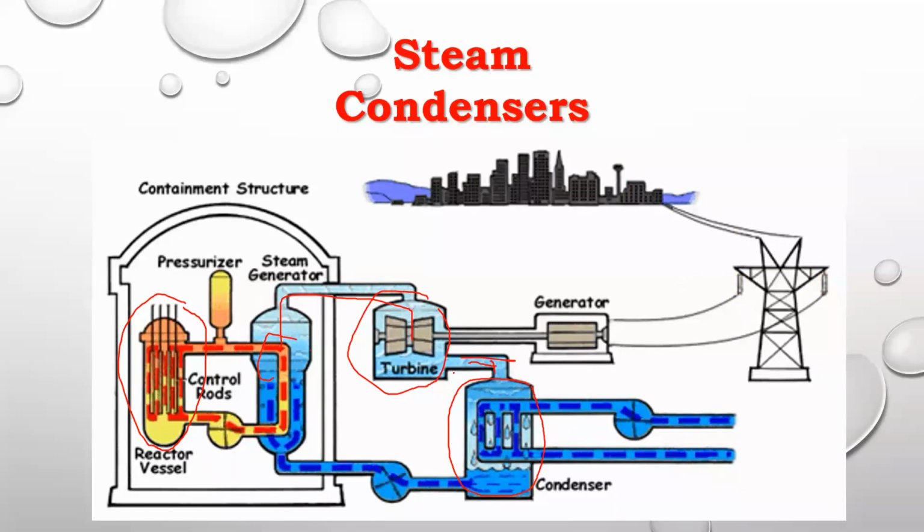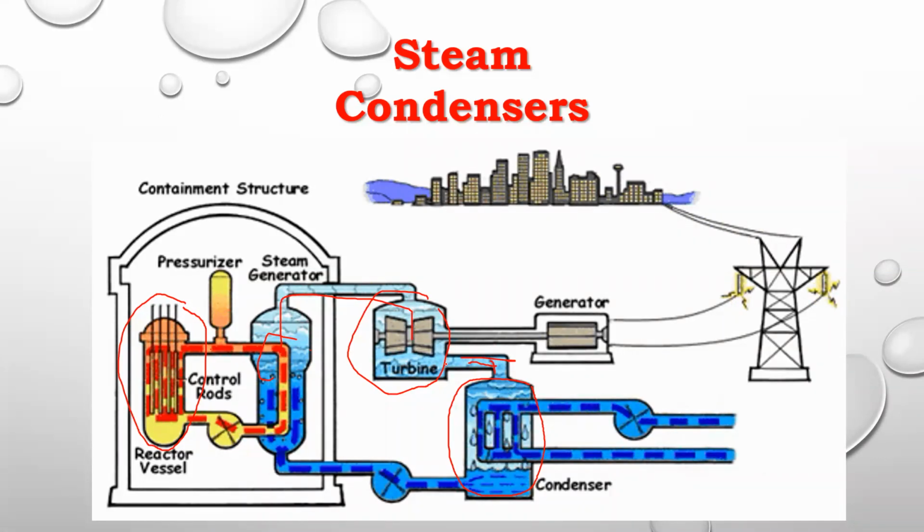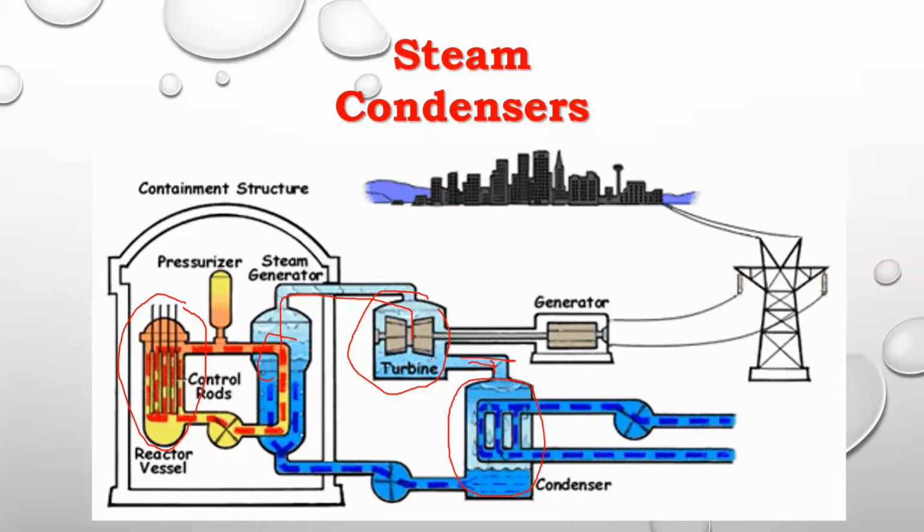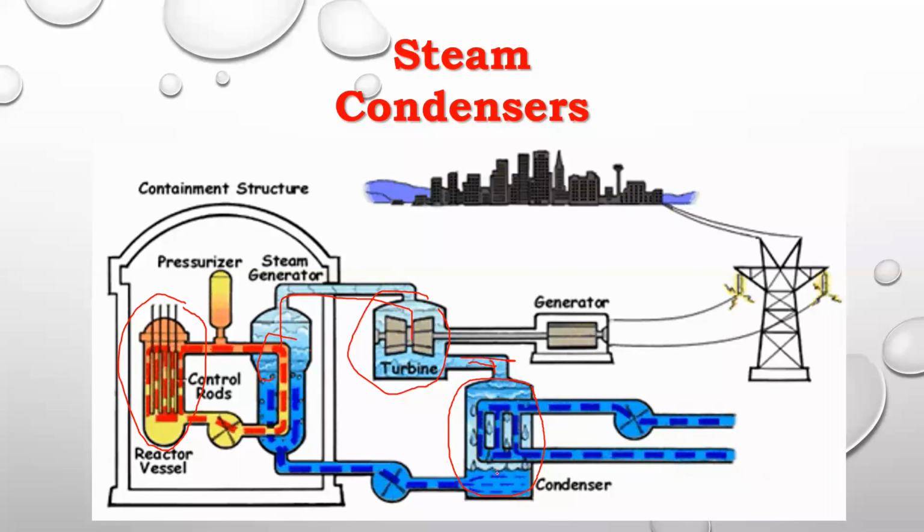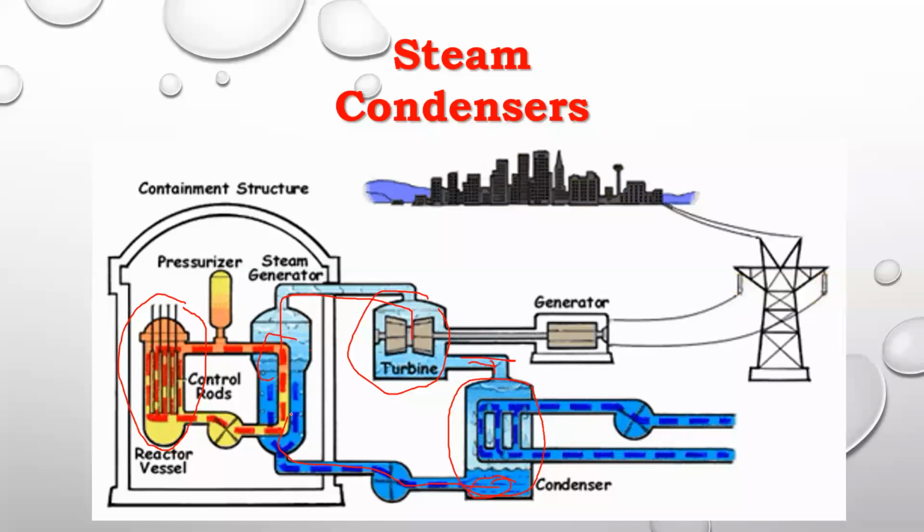What it will do is cool the condensate which is coming from the turbine. Condensate is nothing but wet steam or liquid which is coming from the turbine exhaust, right? In the condenser, if you observe, the steam gets cooled, and cold water forms at the bottom of the condenser. The cold water is once again circulated to the boiler, right?